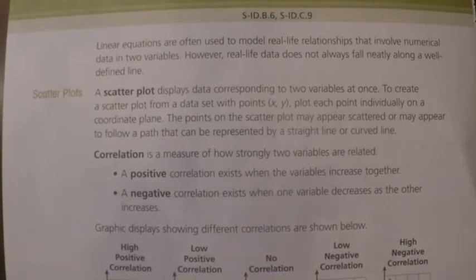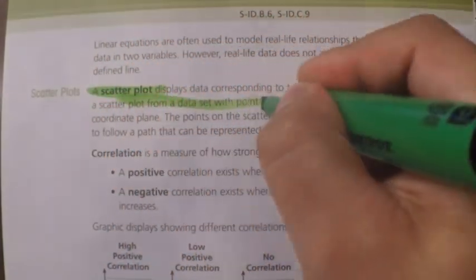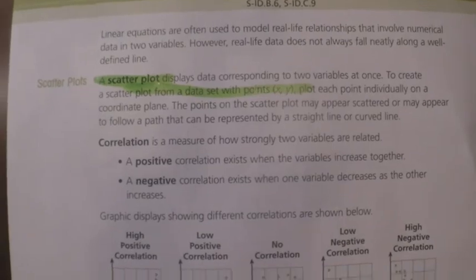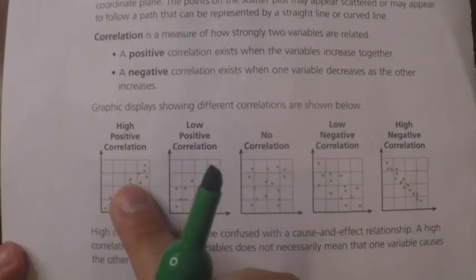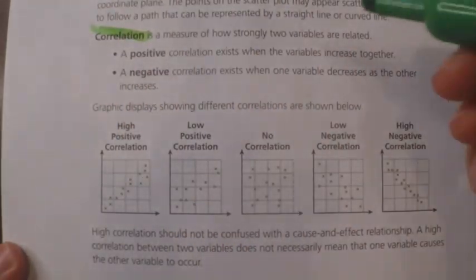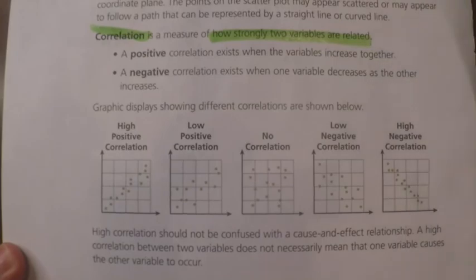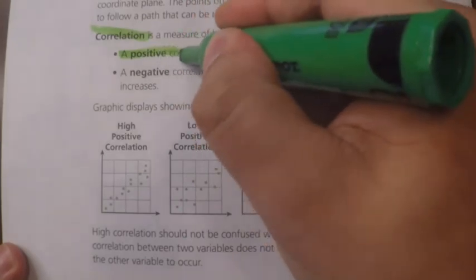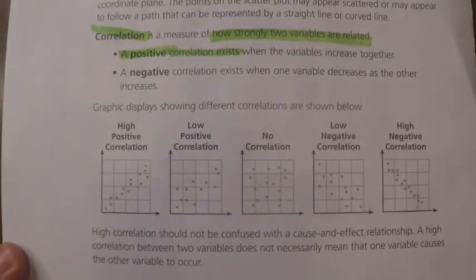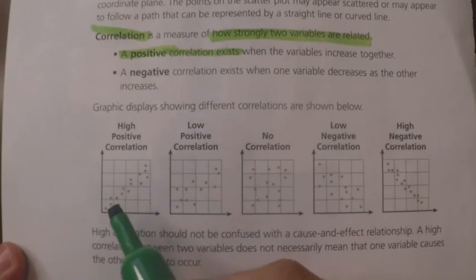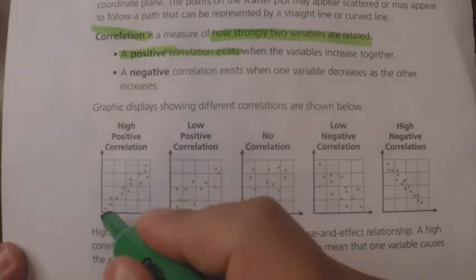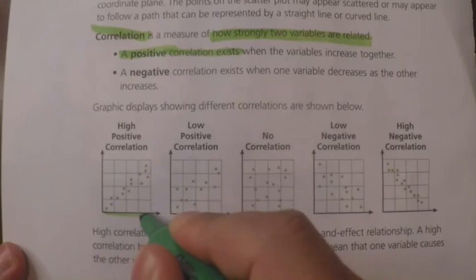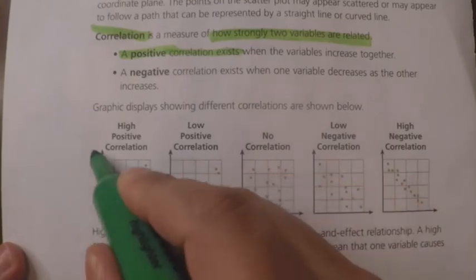So again, a scatter plot is just plotting data sets using x and y coordinates, right? And if we take a look here, they give us 3 or 5 different examples of scatter plots, and they talk about correlation. So correlation is a measure of how strongly two variables are related. So if we have a positive correlation, that means the variables increase together. So if we take a look at these two positive correlations, as our x's increase, the y's also increase,